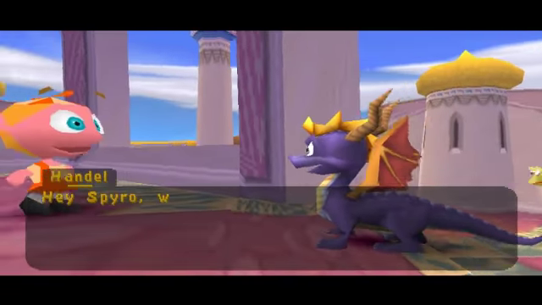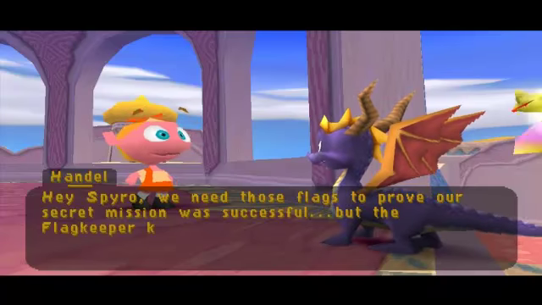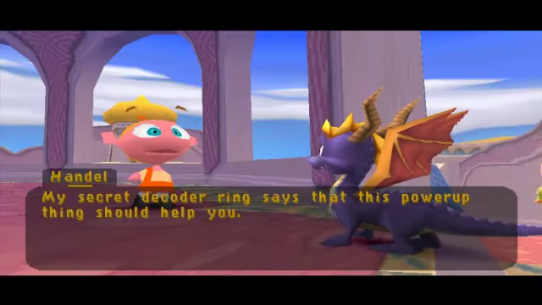Hey, Spyro, we need those flags to prove our secret mission was successful. But the flag keeper keeps stealing them. If you could knock the flag keeper down, you could bring the flags back. My secret...